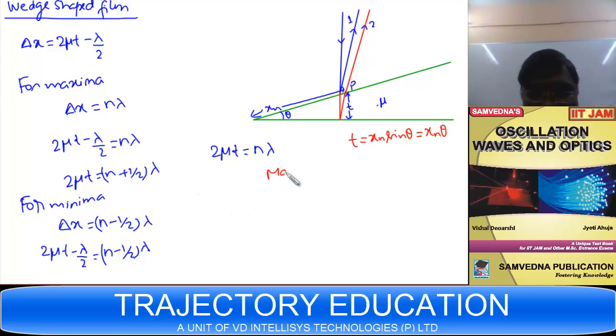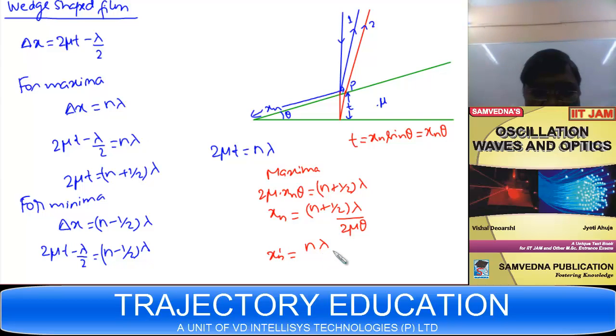So the condition of maxima will become 2 mu x_n theta equals n plus half lambda, or the position of maxima is given by this, and the position of minima x_n dash becomes n lambda upon